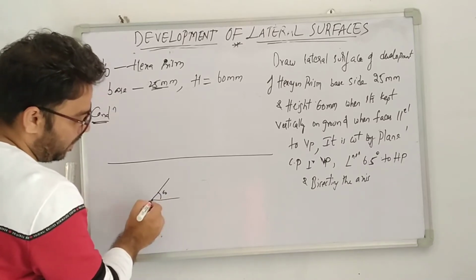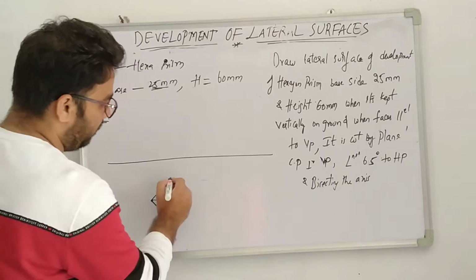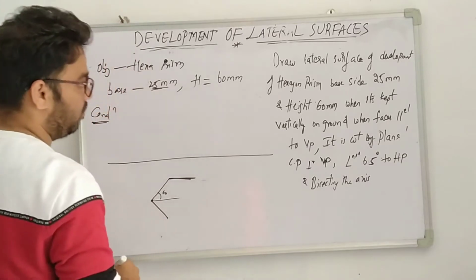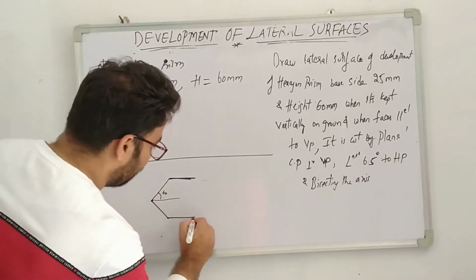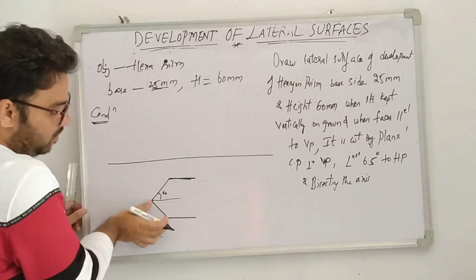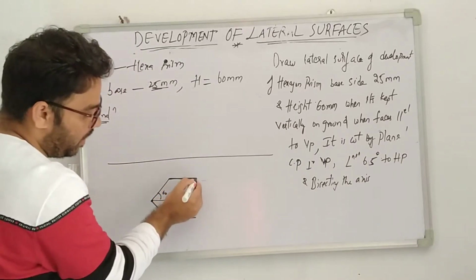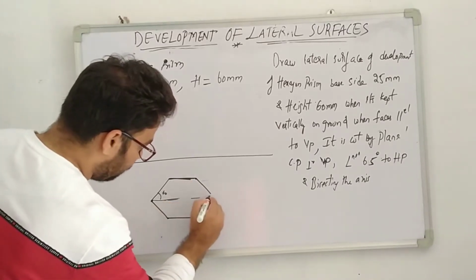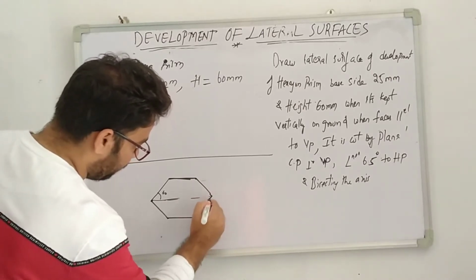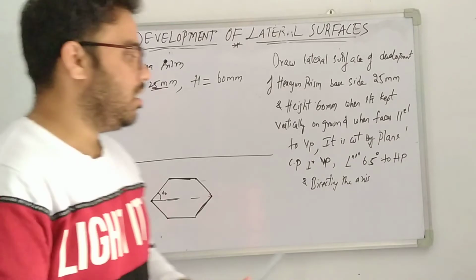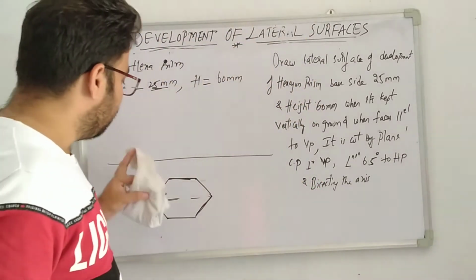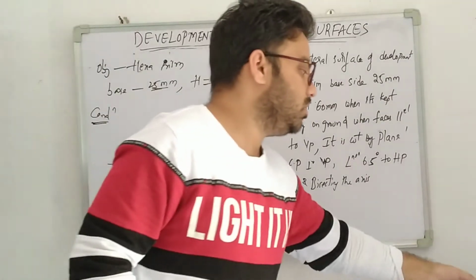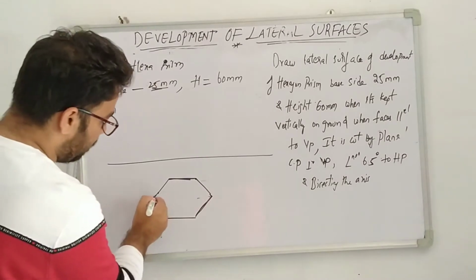Similarly, draw a 60 degree line here also. From this point onward, draw a straight line of 25 mm. Now shift this inclined line using the drafter, and you will get the line. Similarly, shift this line here. This is the shape. Or simply use the circle method. I already explained how to draw a hexagon. Simply use 60 degree angles or the circle method.